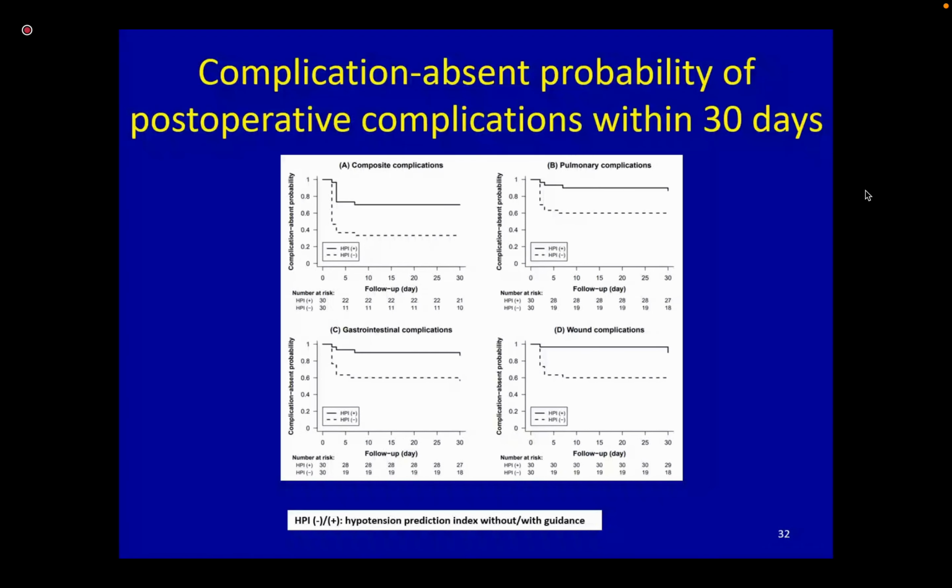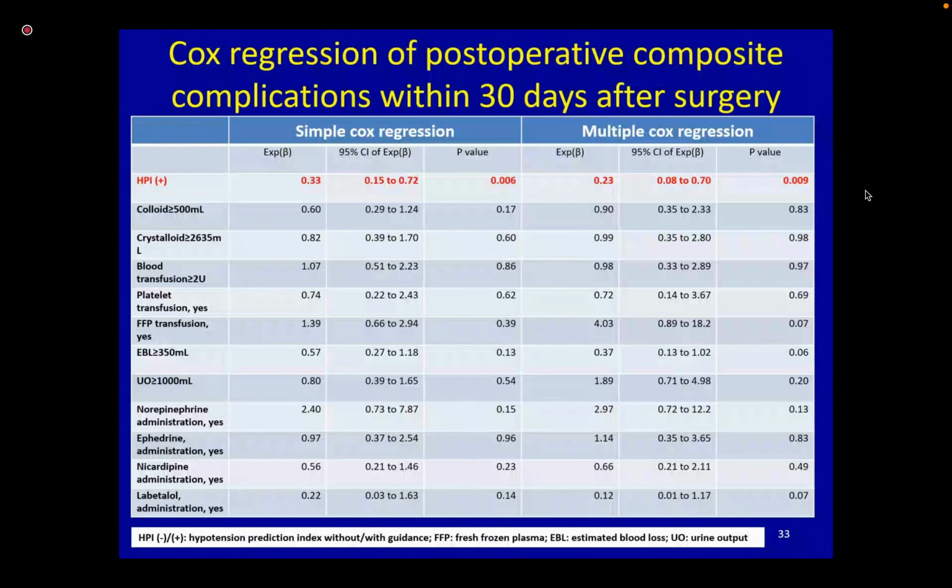After controlling for other intraoperative clinical variables, including colloid, crystalloid, blood transfusion, FFP transfusion, et al., using HPI could provide a protective effect for postoperative complication occurrence. The hazard ratio is 0.23. No interaction was noted between using a